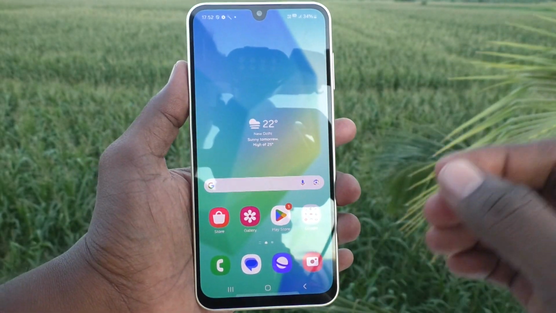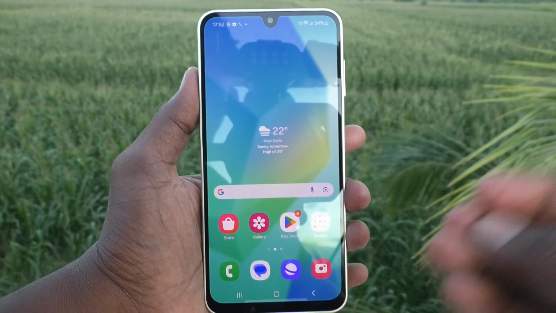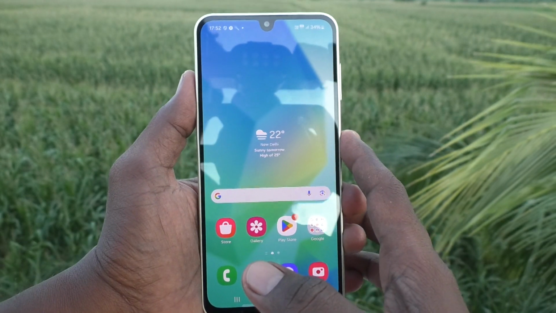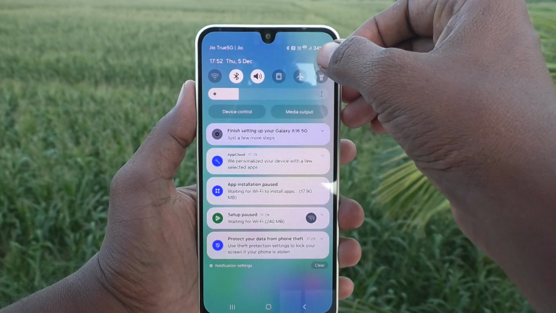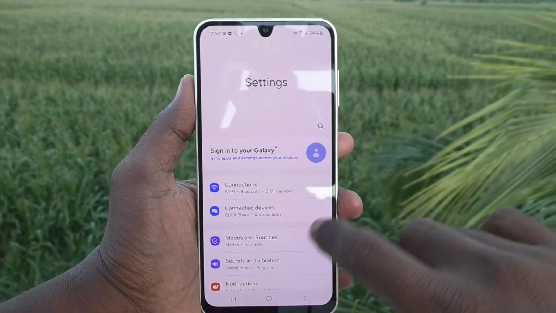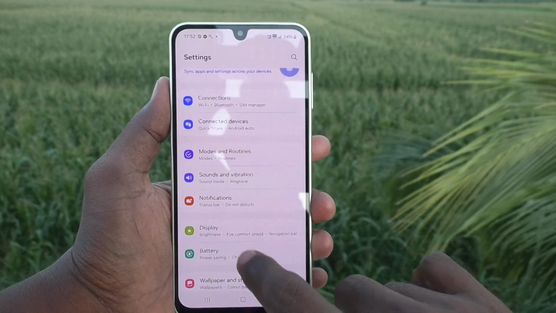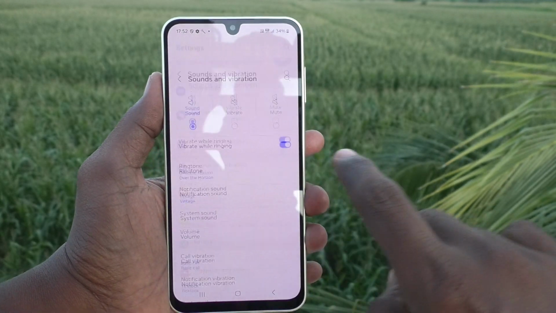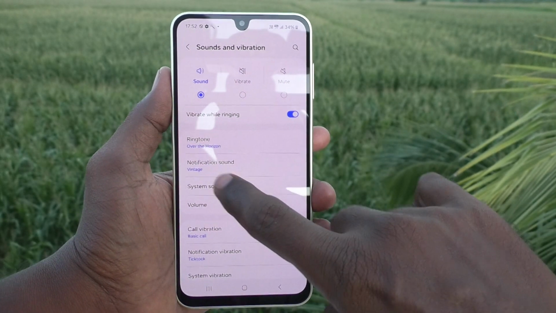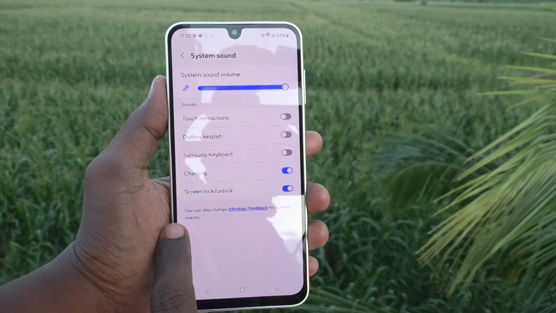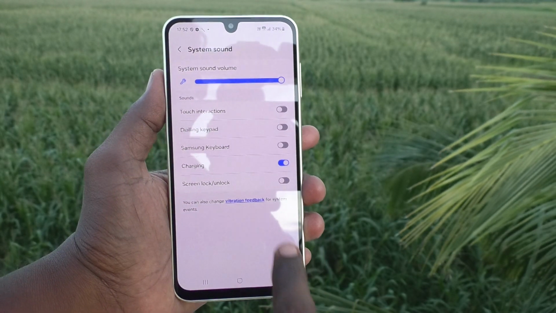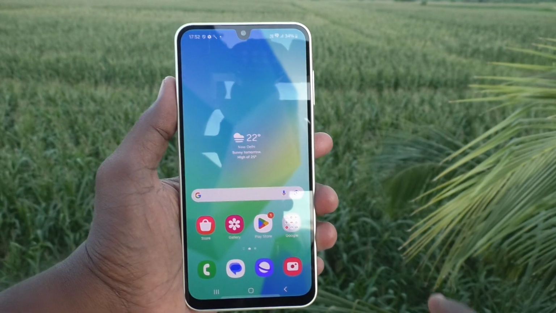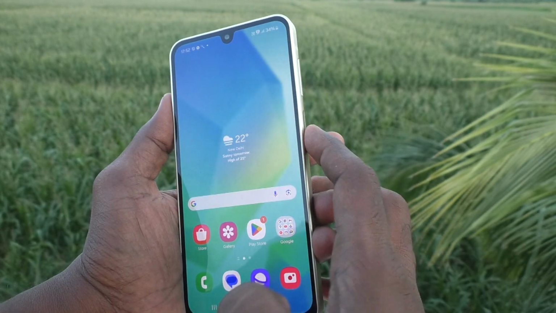While unlocking also there will be small sound. If you would like to turn off this screen lock unlocking sound, you can do it. What to do is just go to the notification area and find the settings icon there and just click on it, and now click on sounds and vibration and just here select system sound and you will find here screen lock unlock option. Just turn off this button so that you will not get any sound while locking and